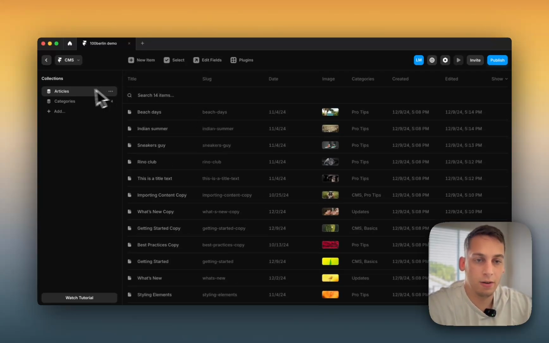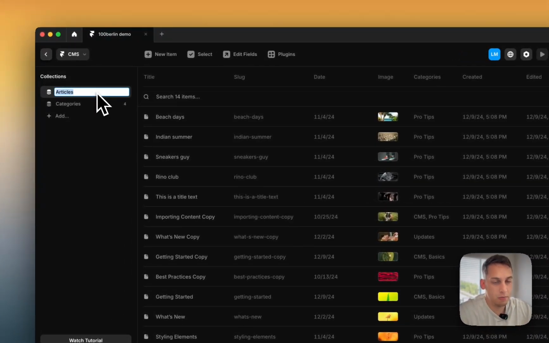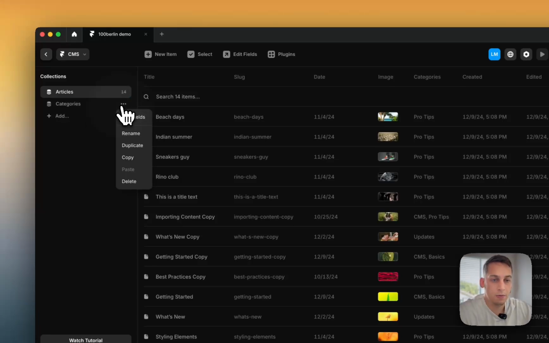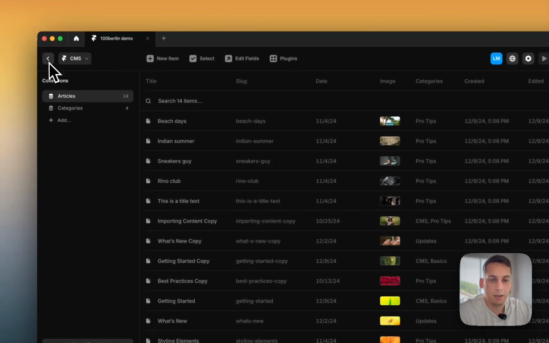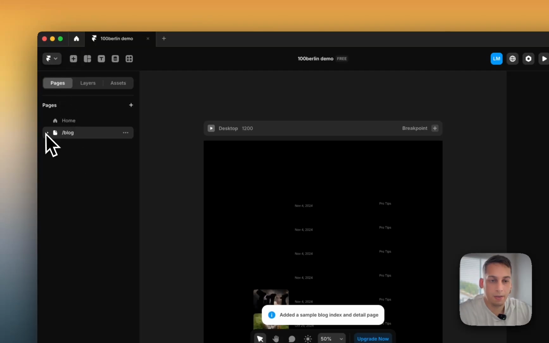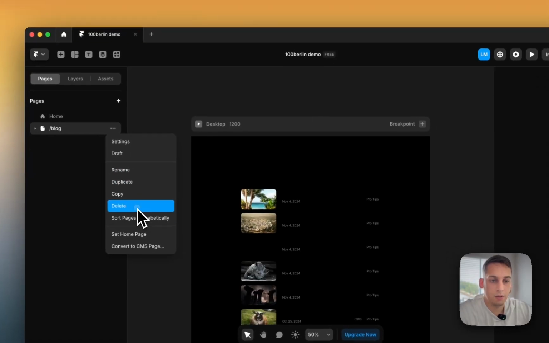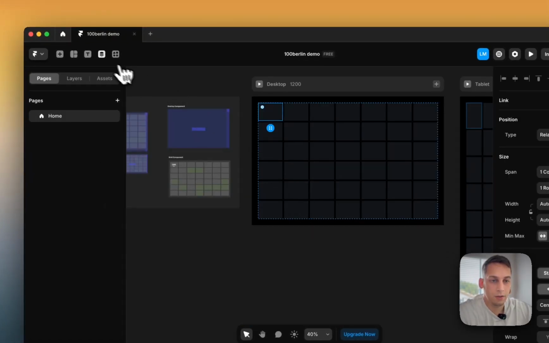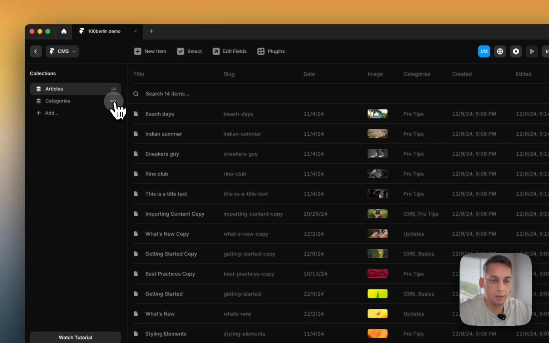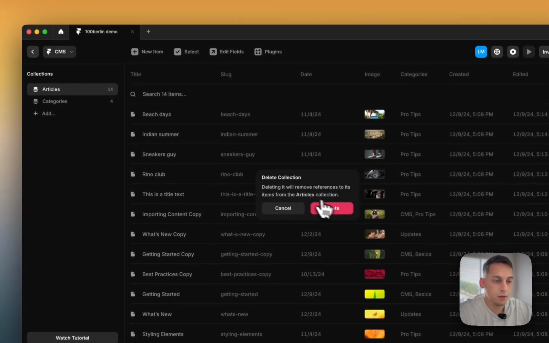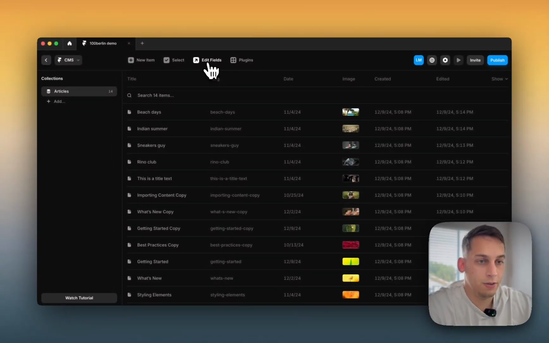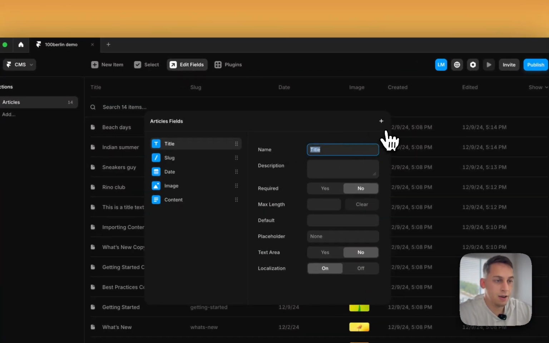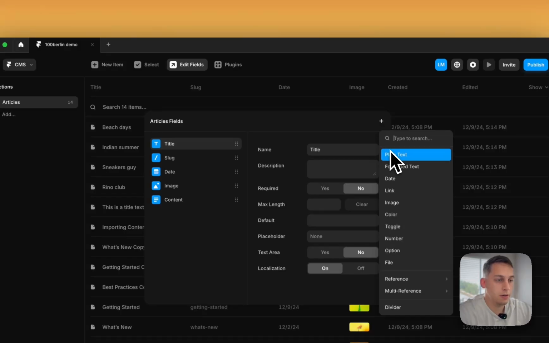Now that I've added these images and I've added a few other items to this articles collection, we can leave it as articles. We don't really need this categories one, so we have to go back here and delete this blog page. Let me do that. So once we go back here, we can delete this categories one and leave this articles. Now what I want to do is add a new field. So if we click on edit fields, we can add a new field,